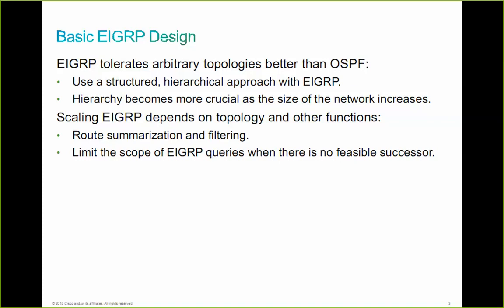Stub routing is an important concept, but I'm actually looking for summarization. Unlike OSPF, where you can only summarize on specific types of routers, an ABR or an ASBR, in EIGRP you can summarize at any point in the network. It's because summarization is configured at the interface level, not at an area border router under the OSPF configuration. So that's how we get that structured hierarchy in EIGRP, by creating these summarization points to reduce the